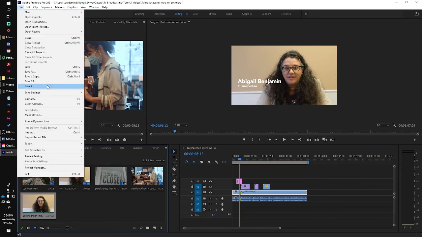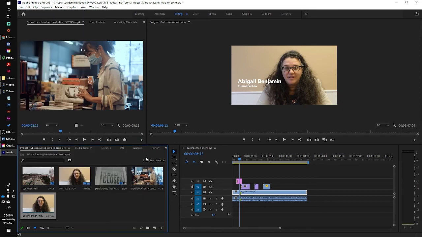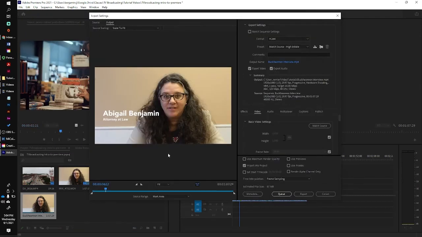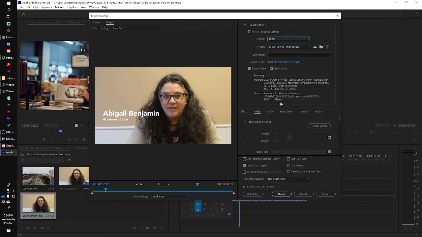So I'll simply say File, Export Media. Then we'll see this window. Very important, first is the format. So H.264, not H.264 Blu-ray, just H.264, is a codec that creates an MP4, as you can see here. The next, we'll say Match Source, we'll keep it at that,